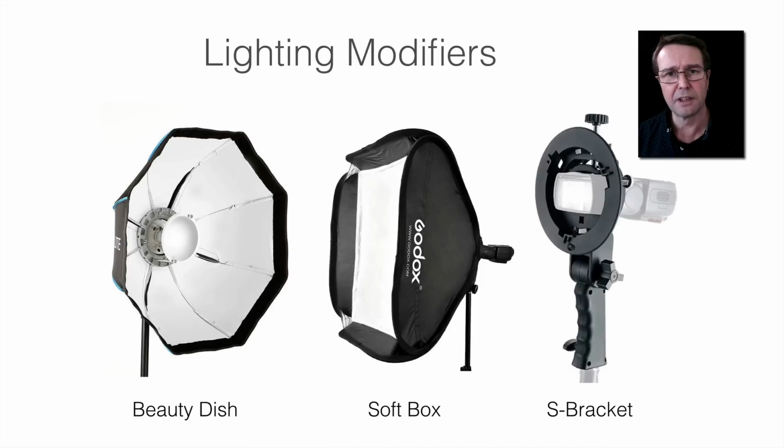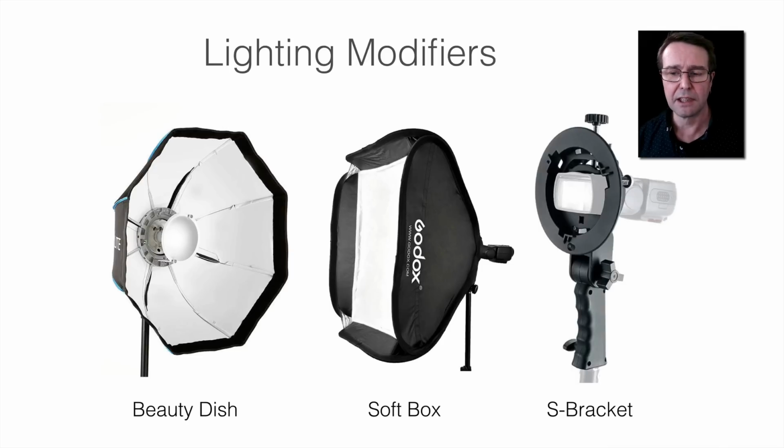Other lighting modifiers that you might see that are a little bit more expensive, things like softboxes and beauty dishes. I've actually got the product on the left of this slide here, which can be converted from a beauty dish into a softbox if I need to, and the whole thing is very, very portable. It can be collapsed down and put inside a messenger bag when it's getting carried around,